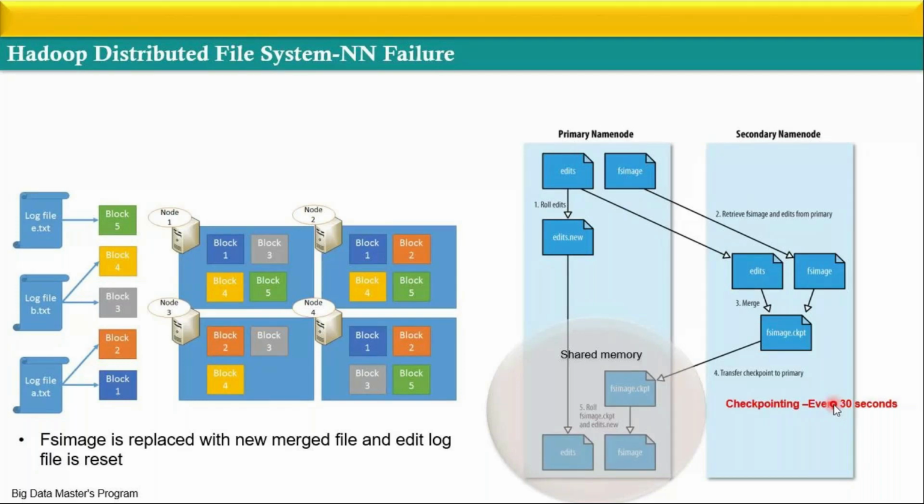Clear? All of you fine? Yes. Okay. So the first one is checkpointing, and with its help we will be able to increase the availability. Now, another